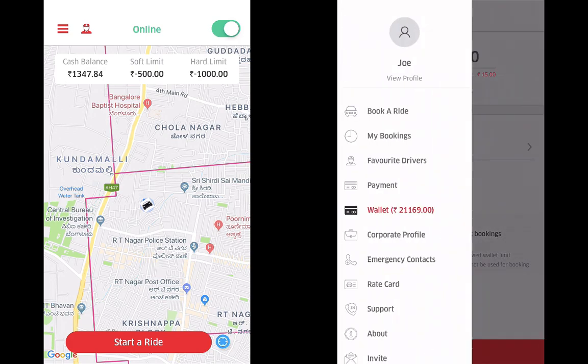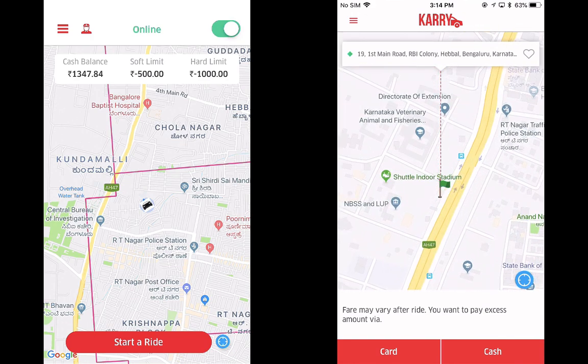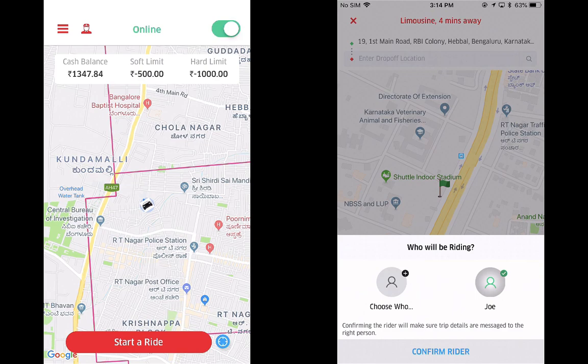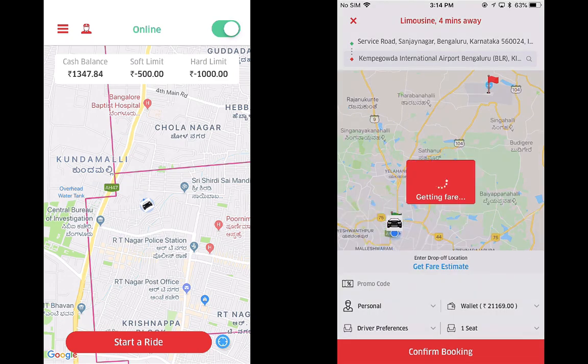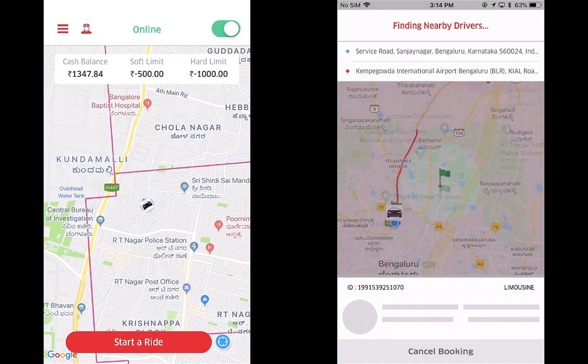So coming back to the wallet feature, the wallet balance is 21,169 rupees. I will now book a ride with my wallet, and I will choose cash as the excess payment method. So when I book a ride, I confirm my pickup, set my drop off, and as you can see, the fare for this booking is 141 rupees. So I confirm